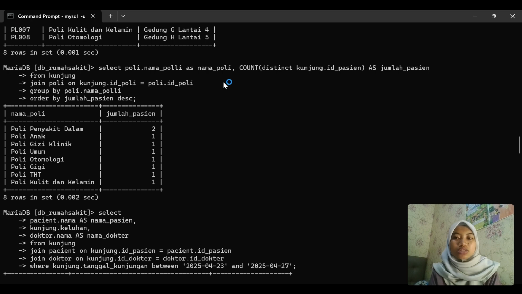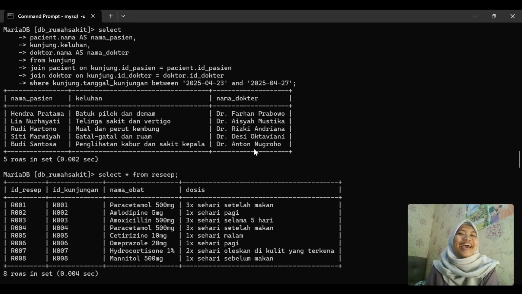The results show, for example, that Poli Penyakit Dalam has the highest patient visits, 2 patients, while other clinics have 1 patient each. And next, I answer number 7.